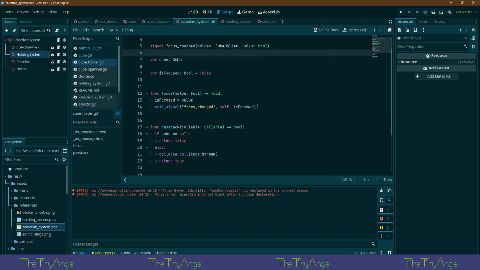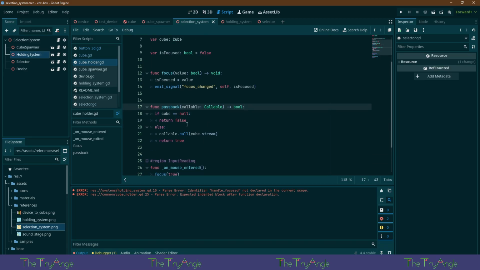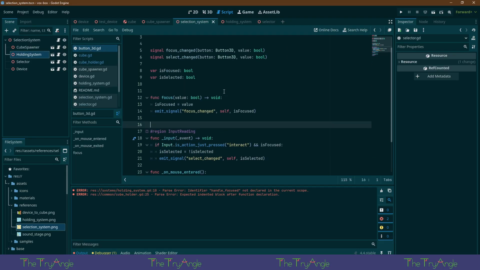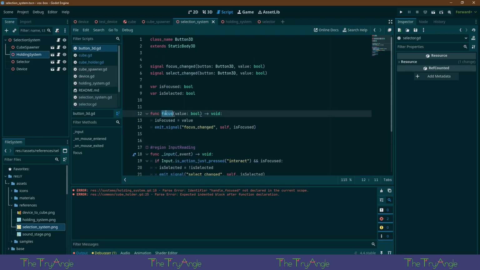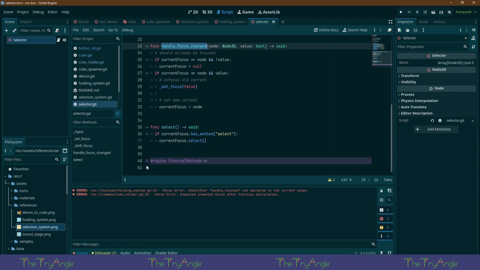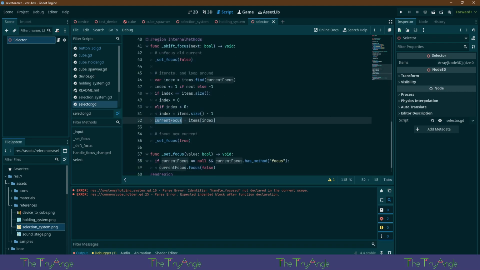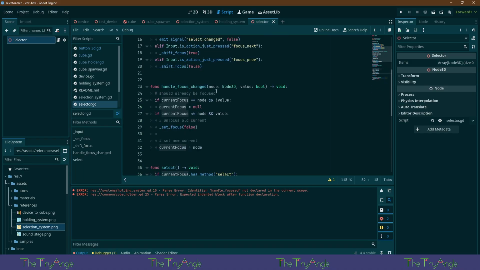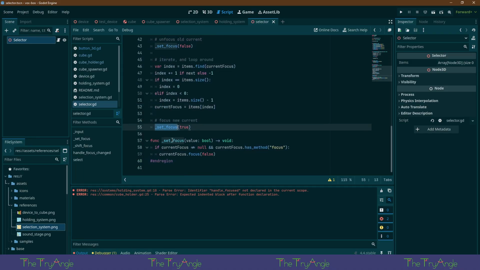Yeah, and this won't have a selection changed. It does have a focus changed. Let's think here. Button. So here's something fun. If we manually set the focus by toggling it, it's going to call this function, and then it's going to call focus changed. Now the cool thing is that when we go back into the selector, we got a focus changed. Because our shift focus already set the current focus, then whenever this gets called, it'll go here, say set focus, it'll go through, and it'll say,